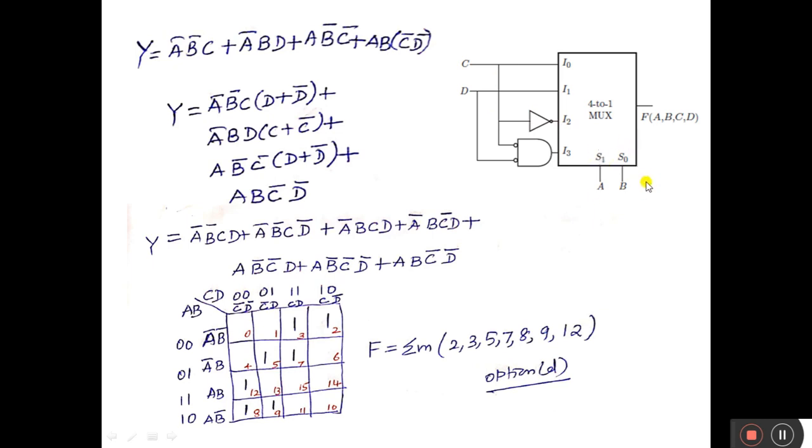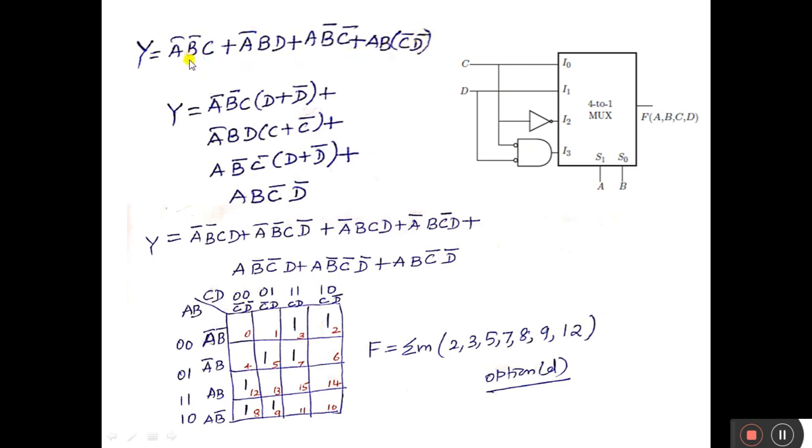Next one, this is an AND gate with inverter bubbles given. So this is C bar, this is D bar, this is an AND gate. So the output is C bar D bar. So here I can write A B C bar D bar.